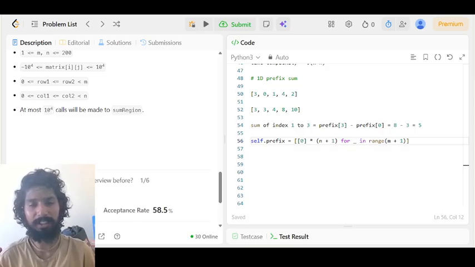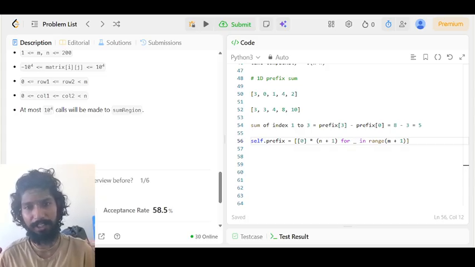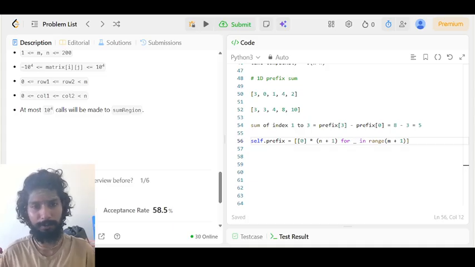Now this is very important. The original matrix uses zero-based indexing, but prefix sum uses shifted indexing because of the extra row and column. So matrix[i][j] will contribute to prefix[i plus 1][j plus 1]. This plus 1 is very important. Now how do we fill prefix? For each cell matrix[i][j], we want the sum of the rectangle from matrix[0][0] to matrix[i][j]. The formula is